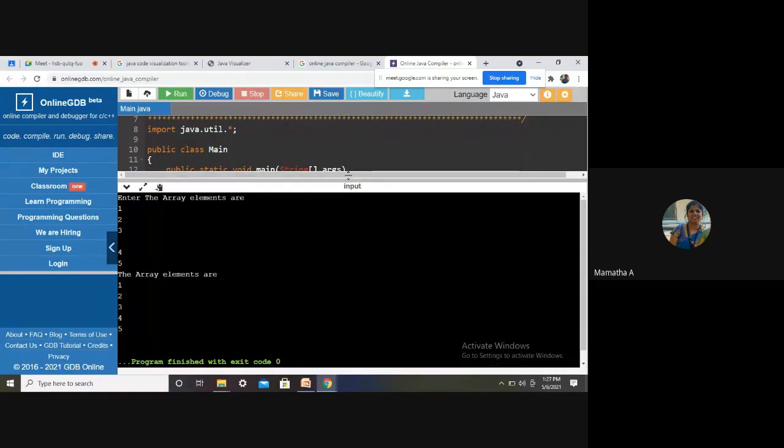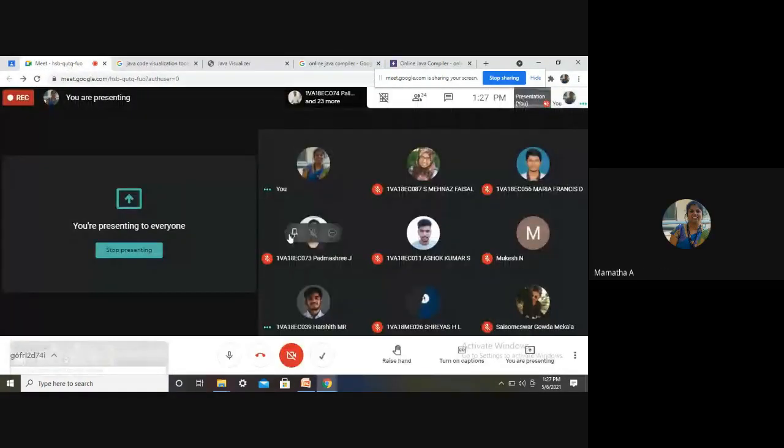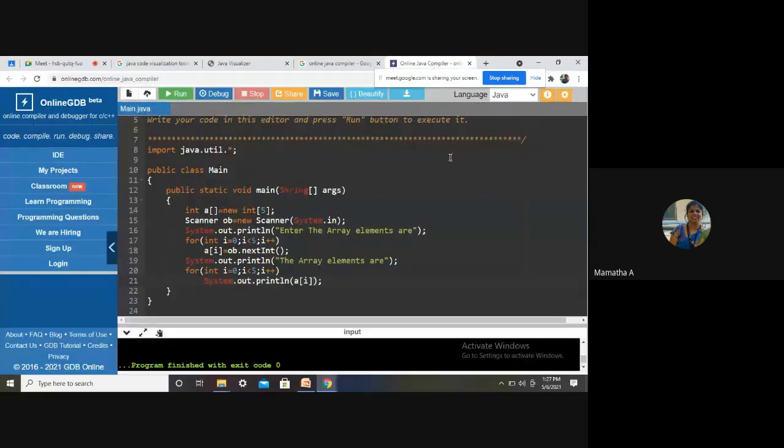Is that clear, students, how to read the array elements from the user? Yes, ma'am. Okay. The same thing, I'll post it in the WhatsApp group. What you are now supposed to do is read an array of size 10 and compute the sum of the elements.